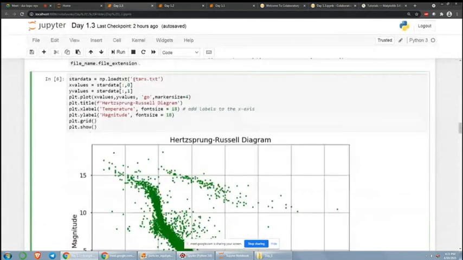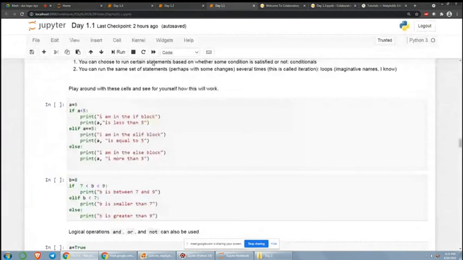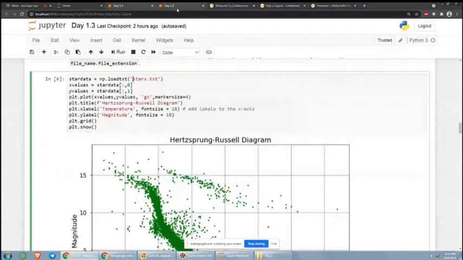In Jupyter, if for example it's not in the same folder, it's located in some other folder. So here, let me escape this. You will have to put here folder slash stars.txt wherever the address is. Okay. So a good trick to do that is,